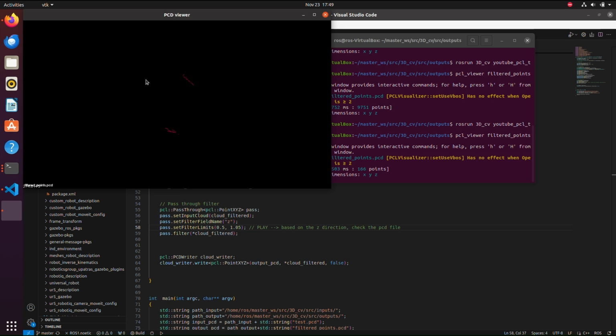Because I remind you that the camera is here, the distance from the camera is the z coordinate. Then here is going to be the positive x, and here is going to be the positive y. Okay, but if you have any doubt, you can check